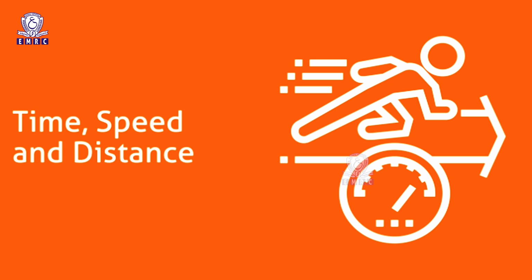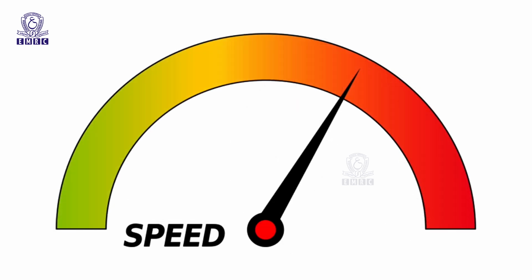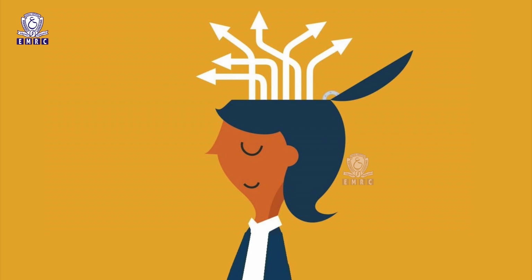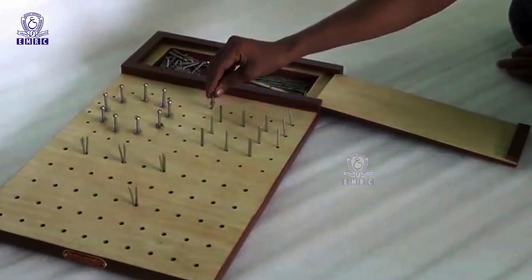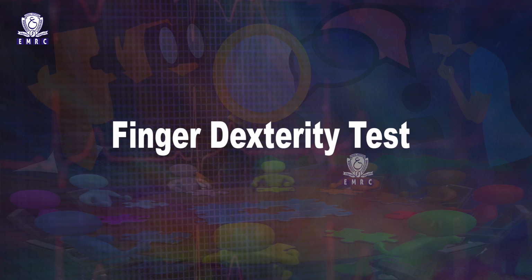Two extremely important factors must be considered for a speed test. They are the time to be provided for testing and the degree of speededness we wish to build into our test, and the speed of performance, keeping in mind the coordination required to perform the task relatively quickly. Now, let us consider the O'Connor tweezer dexterity test to further understand the speed and dexterity test used in a counseling setting. Finger dexterity test.